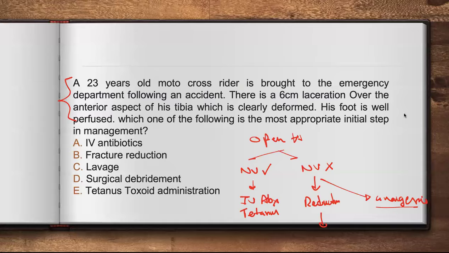Even if the patient is unconscious, we can easily find out when the patient's last immunization was, because Australia has a universal Australian Immunisation Register. We can go into it and find out anyone's immunization status. So even if it's an unconscious patient, we can find it out within a second. If it was more than 5 years ago, then yes, definitely tetanus will be needed in that patient. So IV antibiotic, tetanus, and